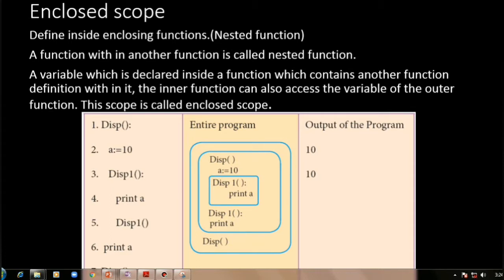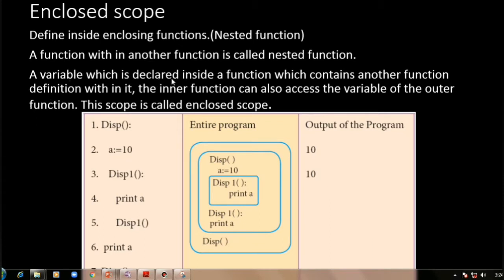I already studied in 11th standard nested loops, nested switch case, nested function, and nested class. So here we understand what a nested function means: a function defined within another function.